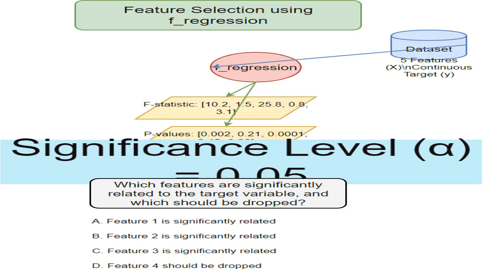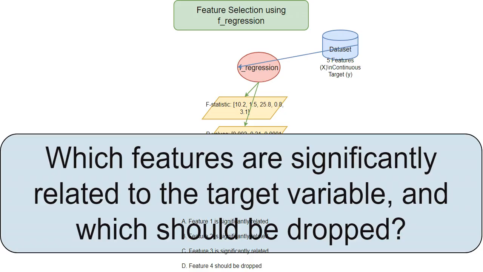I've set my significance level, alpha, to 0.05. This means I'm willing to accept a 5% chance of incorrectly concluding that there's a relationship when there isn't one. This is the main question of the exercise. I need to use the p-values and my significance level to determine which features have a statistically significant relationship with